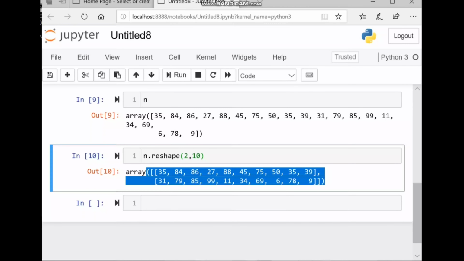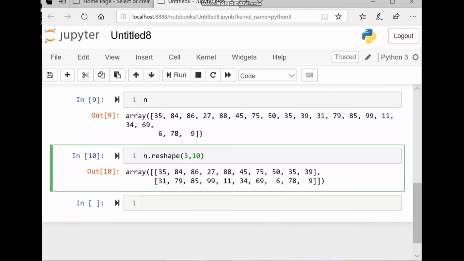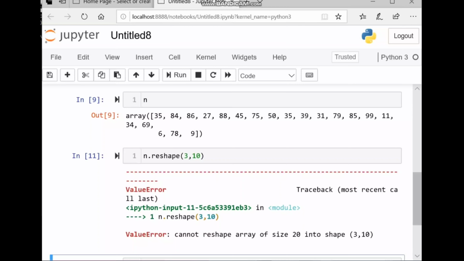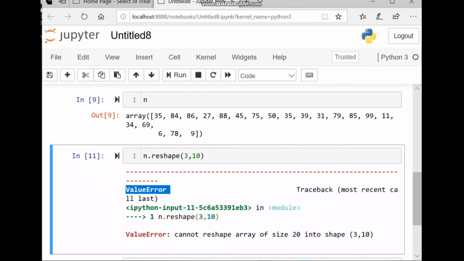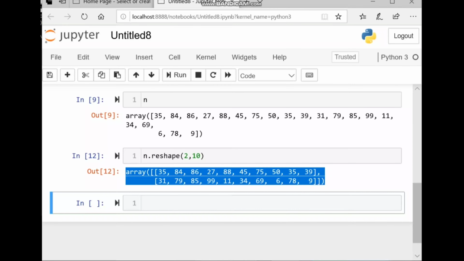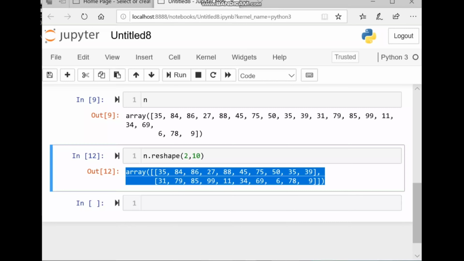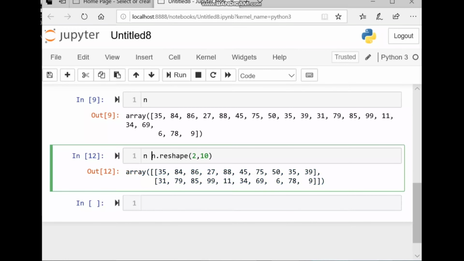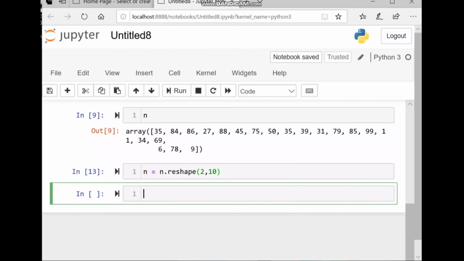If we pass, let's say, 3 here, then we will get an error. See, this is a value error. So here we write 2 and hit shift enter. See, this is a 2D NumPy array with 2 rows and 10 columns. Now we assign this array to a variable, hit shift enter, and check n.